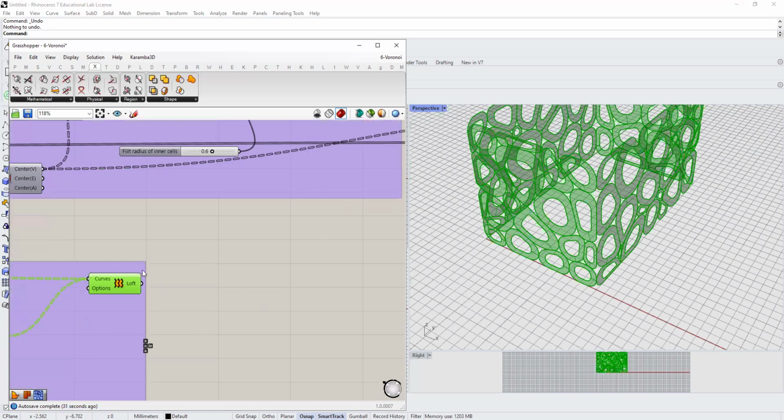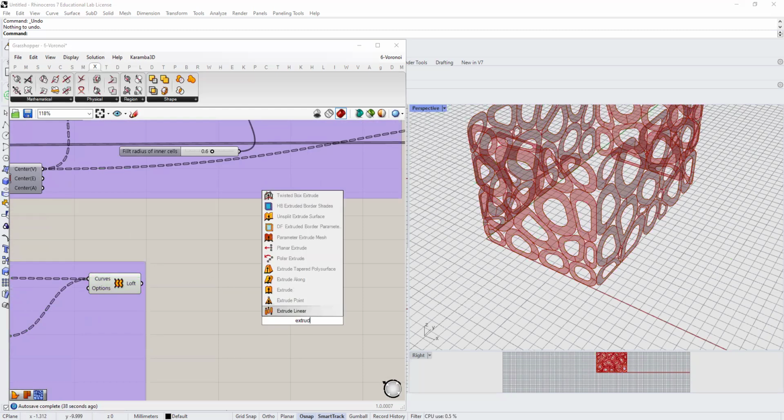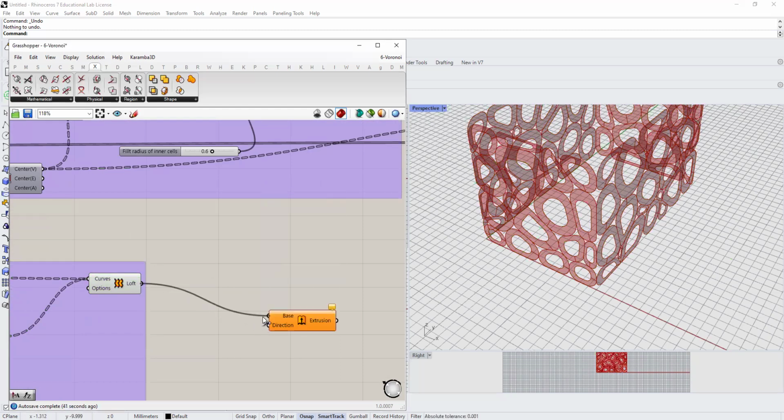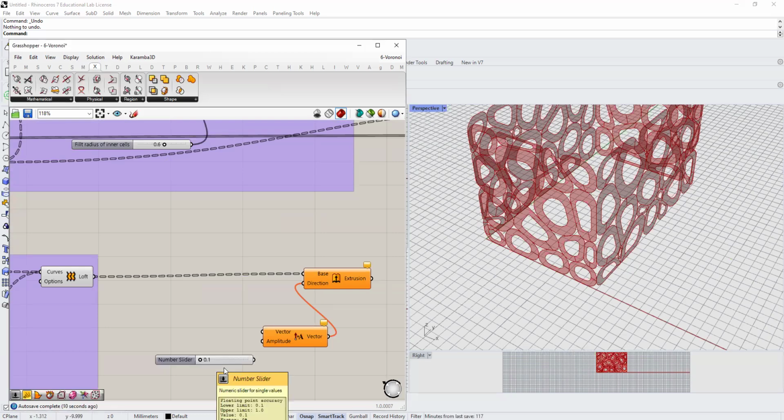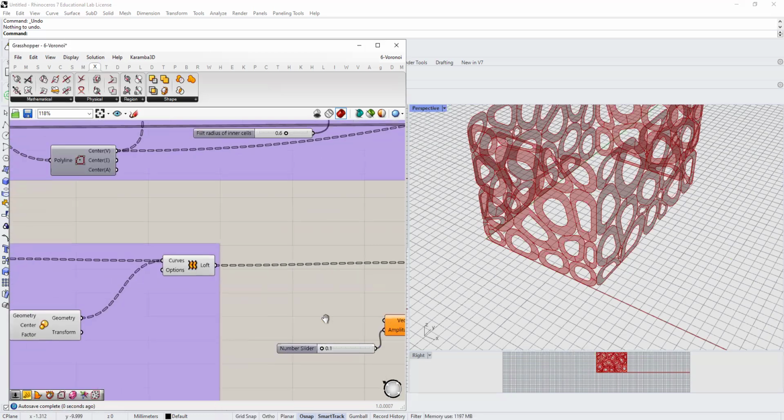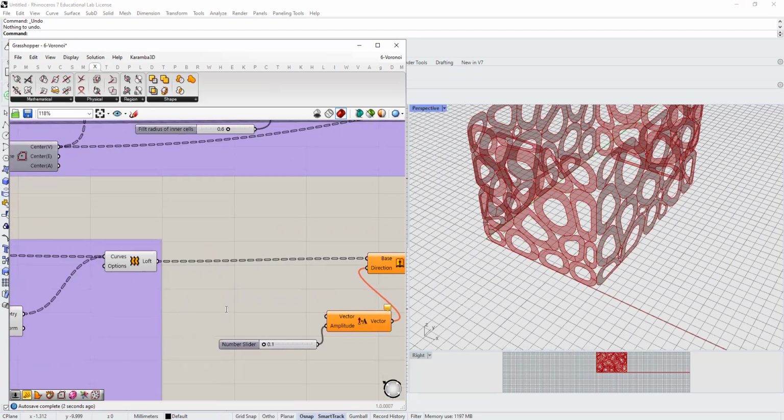And now if I want to extrude this loft to give it a thickness, extrude. So this is the base. It asks for the direction. I can go with amplitude, this is the vector. And about the vector, I can go with